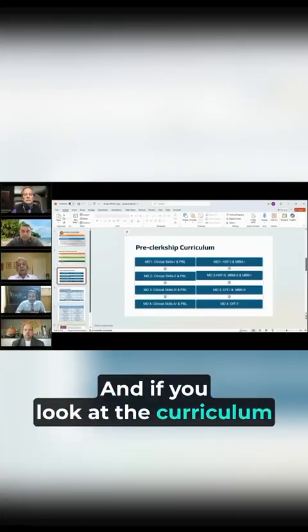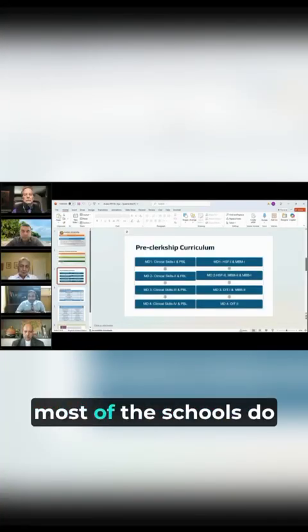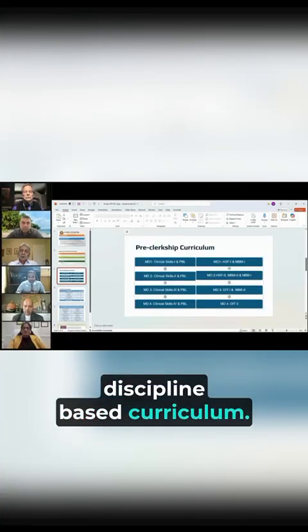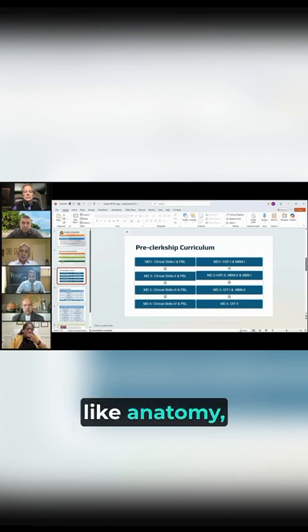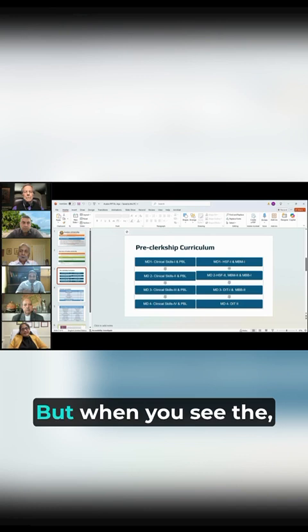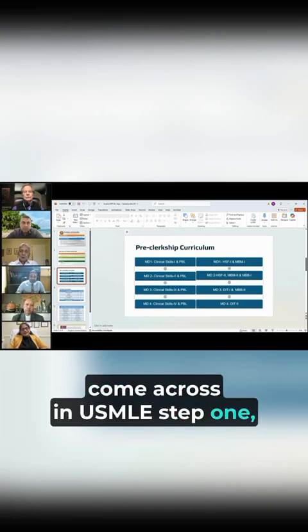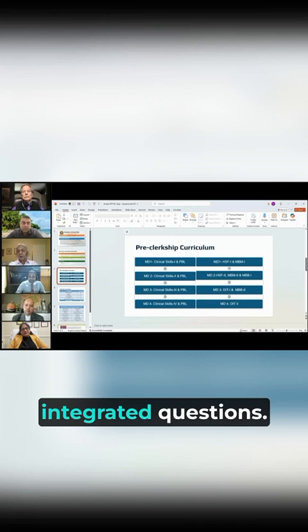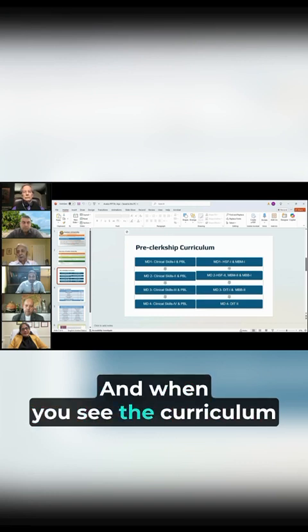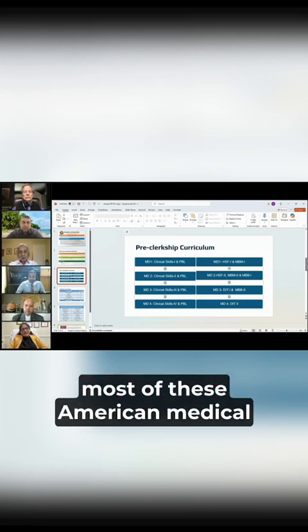If you look at the curricula in Caribbean medical schools, most of the schools do a discipline-based curriculum. That means they teach subjects like anatomy, physiology, or biochemistry separately. But the questions you come across in USMLE Step 1 are mostly integrated questions. And most American medical schools